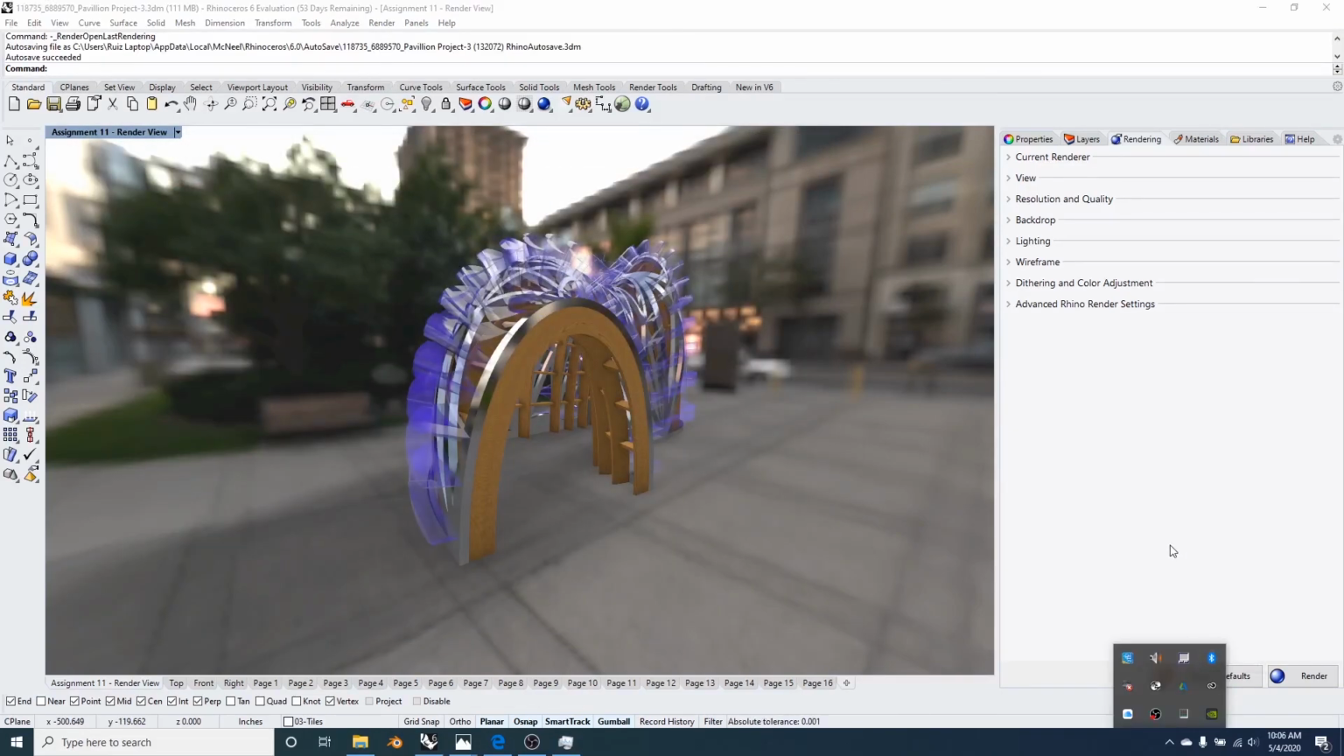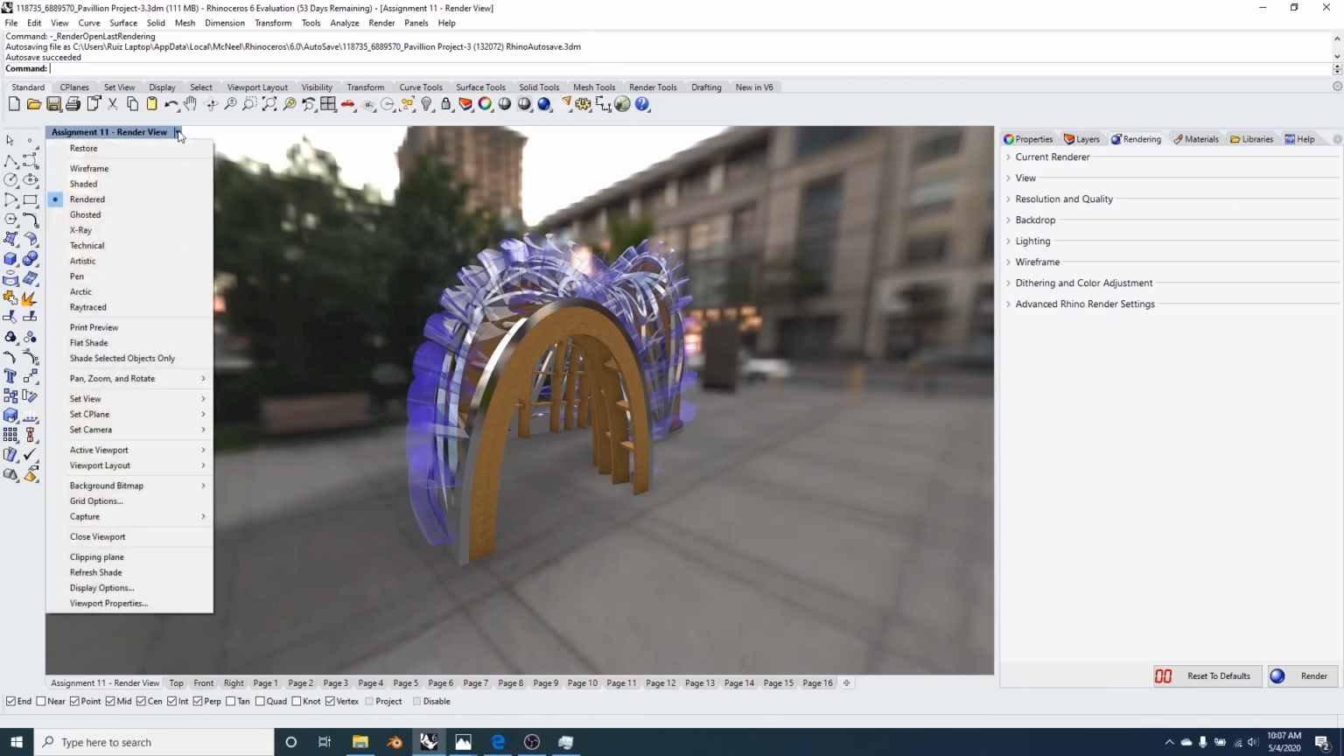Okay, so let's talk about the other type of rendering, which is the Raytrace Rendering. For that rendering type, in order to enable it, you need to go into the viewport name where it says render view, and then just click on the drop down arrow and make sure to enable the ray trace. Now, I haven't enabled it just yet, and that's because as soon as you click this, it's going to start rendering